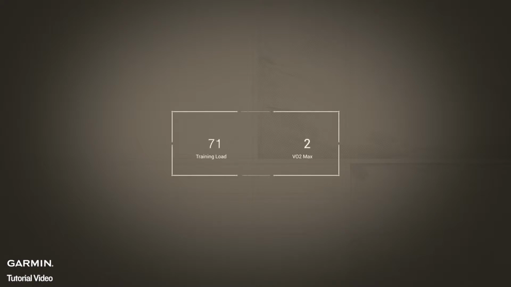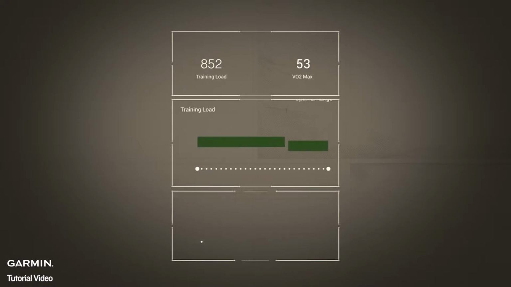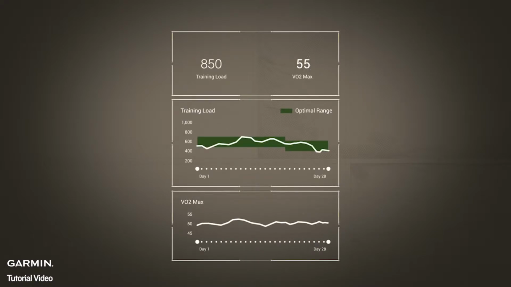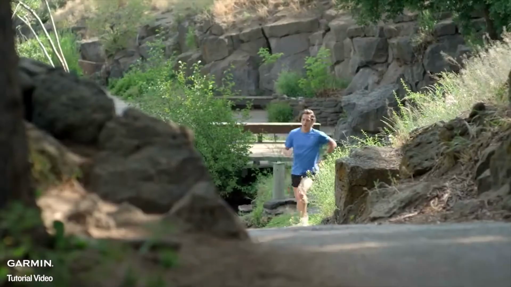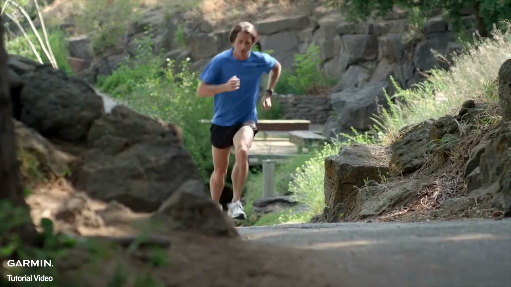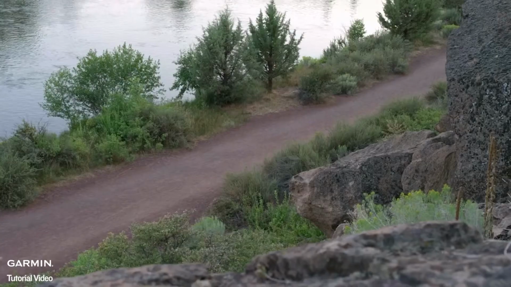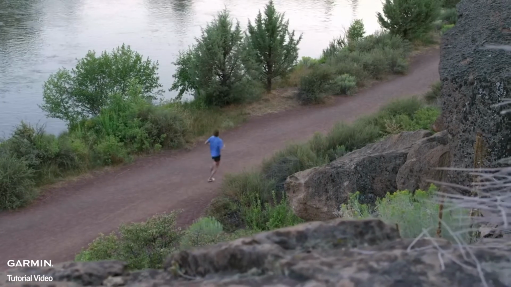Your training status is determined based primarily on two variables: how your fitness is changing and how your training load is changing. For example, if you have been easing off on your training load and your VO2 max is increasing, then you are moving into a peaking state of training where you are both well rested and near your best fitness. Your fitness level is assessed by your VO2 max, and the training status calculation can consider even fractional changes